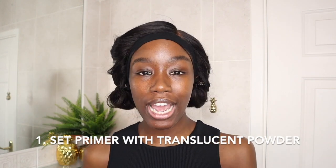Okay, so I'm not going to show you every single step of my makeup routine. I'm just going to focus on the tips and tricks that I use every single time I do my makeup. So I've already primed my face. I use the Bobbi Brown Vitamin Enriched Face Base, and my first tip, trick, hack is to set your face